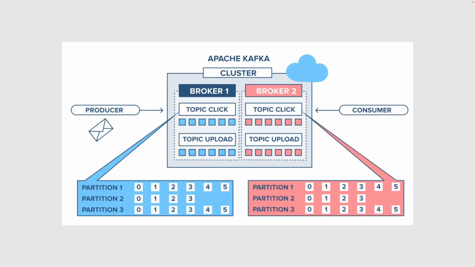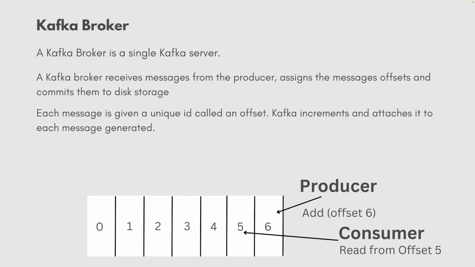So here's a little image of what a cluster entails. We just showed in the previous portion of the video that we have brokers, we have a producer that, like I said, produces a message, and you have the consumer that consumes a message. You have the cluster that's in charge of all of it. It entails the broker, the producer, the consumer, and the partitions, and we're going to talk about all of this. But this is just a high level view of what a cluster entails and what's inside of it. First, we'll talk about the Kafka Broker.